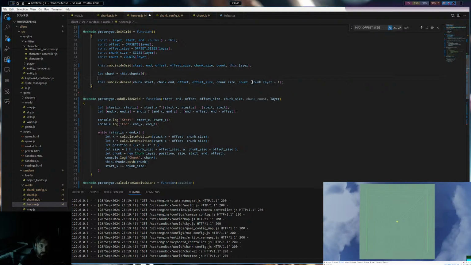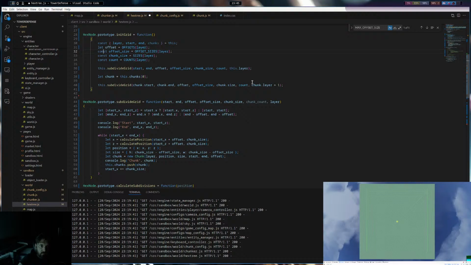That way, oh, we don't need this layer because we're just pulling it from here. Say let offset, let chunk size, and let count.